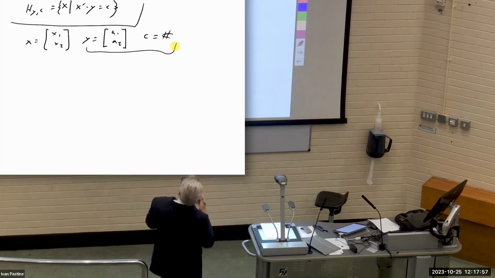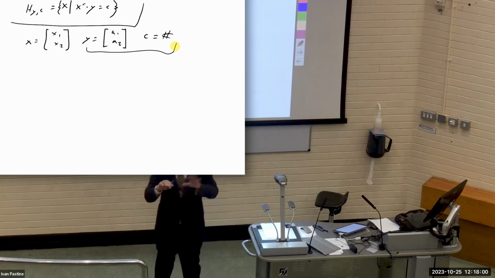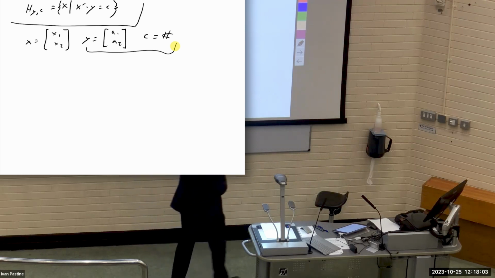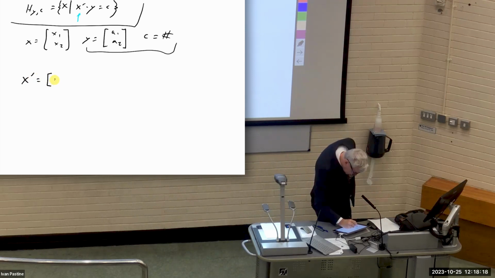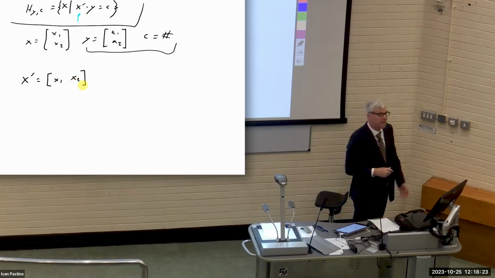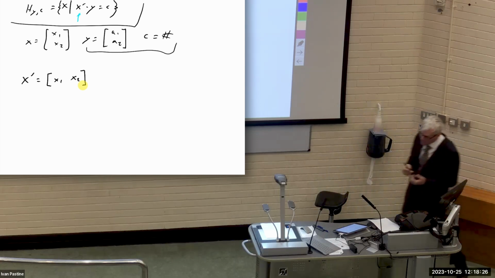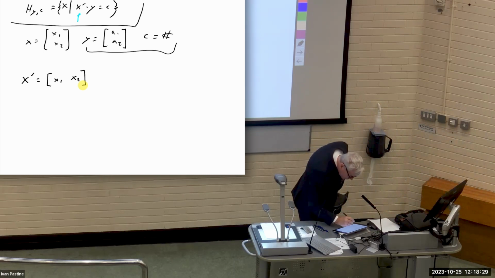So what the heck is this thing? Well, we're going to be multiplying this x with a little prime on there by y. So the first thing we're going to say is this thing here, this x transpose. What does that mean? That means x transpose is we just sort of flip it on its side. And so that's going to be x1, x2, putting the list on its side. Okay? That's what x transpose means. Okay? And then we have this mathematical thing, which is x transpose times y is going to be equal to x1, x2